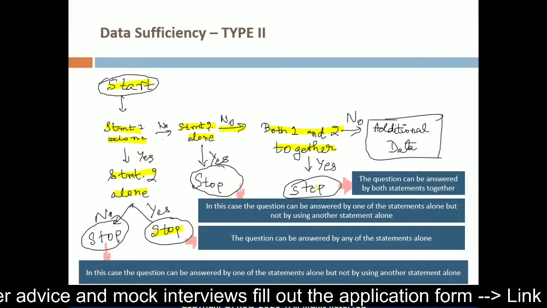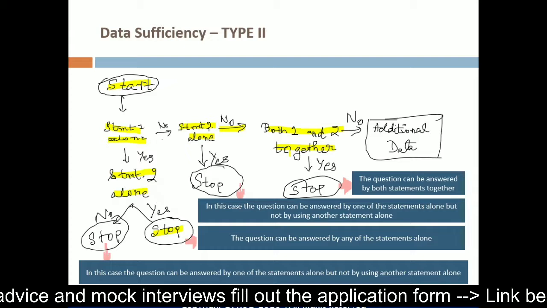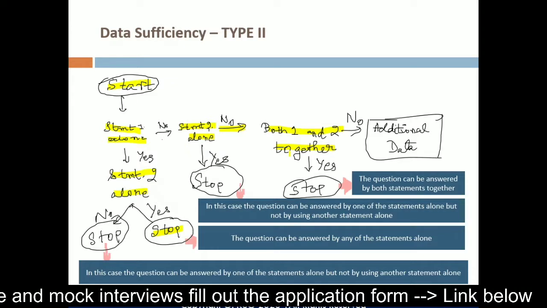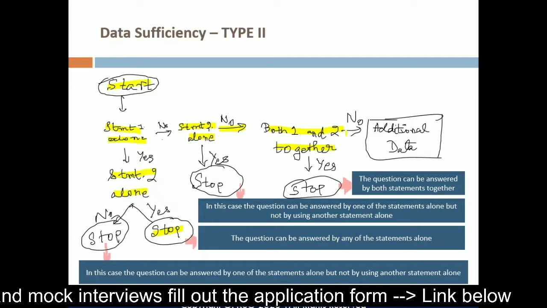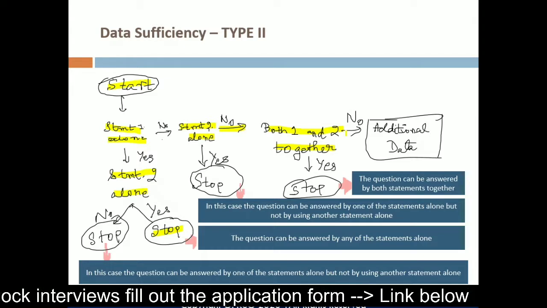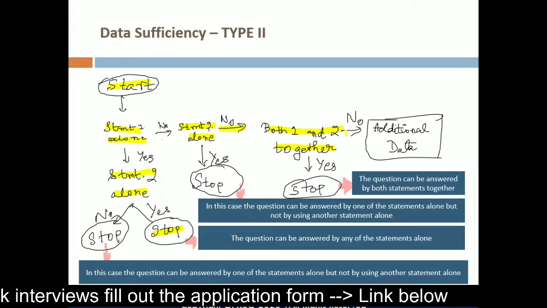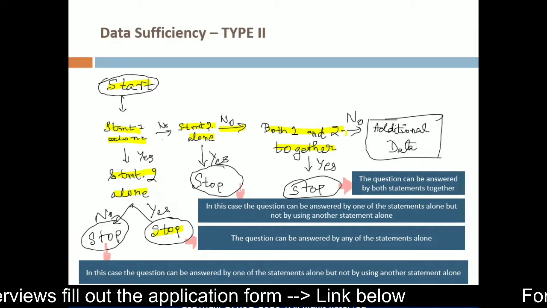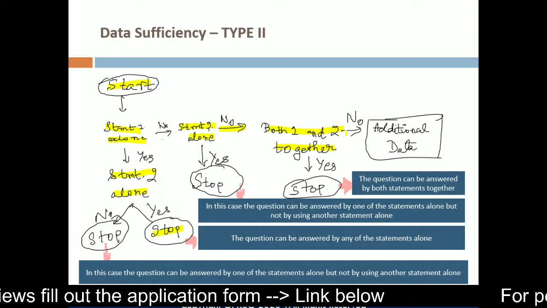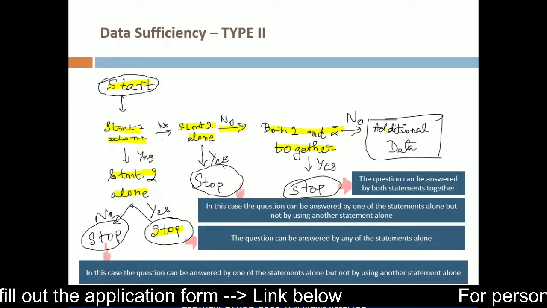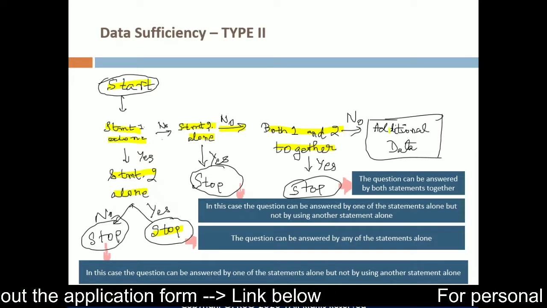So you conclude that you can solve the problem using both the statements and not any one of the statements individually. If you are unable to solve the problem even using both of these, now this is a structure that we are talking about here. We hypothetically are talking about two data points or two statements. You could imagine this to be n number of statements or n number of data points. And if you are unable to solve a particular given problem or a case study with n number of points, then you would say that you need additional data.